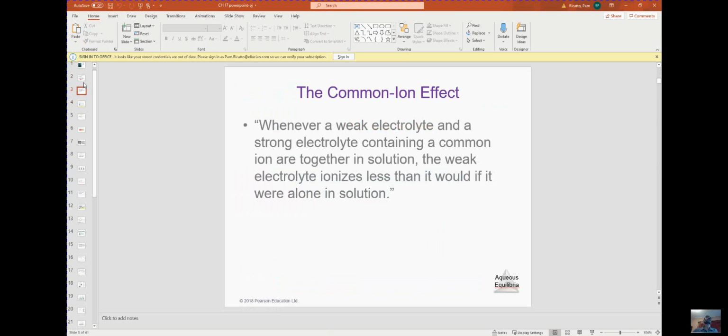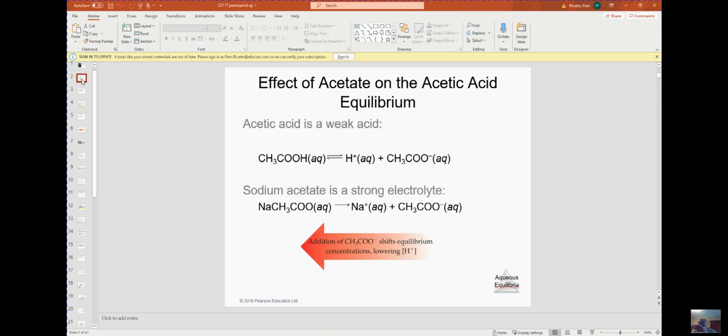Okay, so here's slide number 2. The idea is we've been studying weak acids and the way weak acids react. So here's the acid, acetic acid, which we sometimes abbreviate just HA. So HA dissociates to give you H plus and the acetate ion. So this is the counter ion. Okay, we typically write this as acetic acid plus water to give you hydronium plus acetate, but the idea is